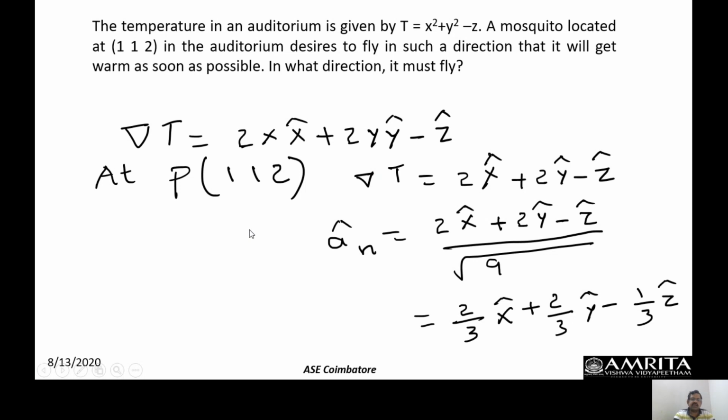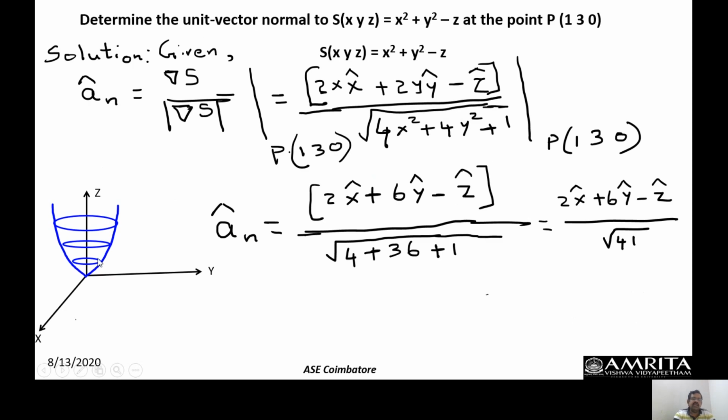So these surfaces are like this, and in the xy plane the cross section tends to be a circle, but if I go along the xz plane and yz plane, I am going to get a parabola. Okay, so the parabola is like this. So in three dimensions it rotates like this.